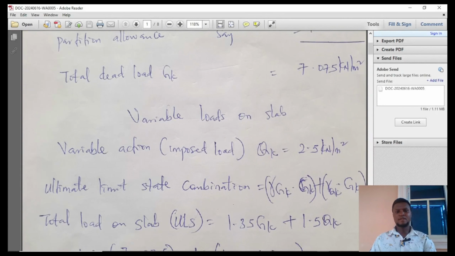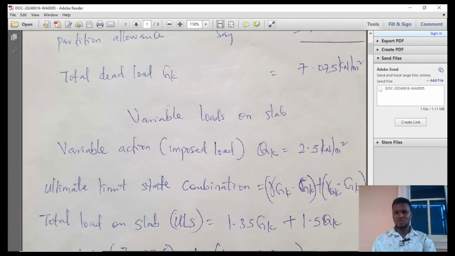Here we have the ultimate load to be gamma G times GK, this is just a factor for dead load, and GK is the characteristic dead load that we have over here, plus gamma Q times QK, then multiply by